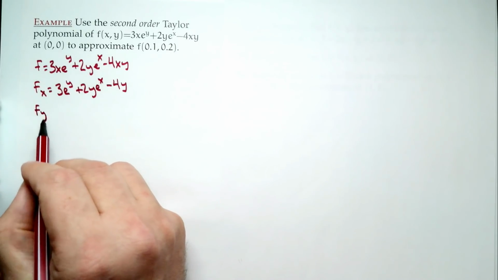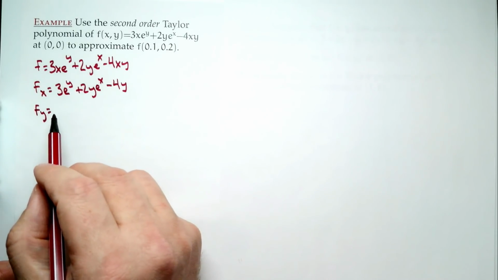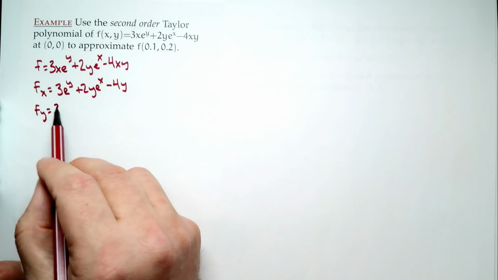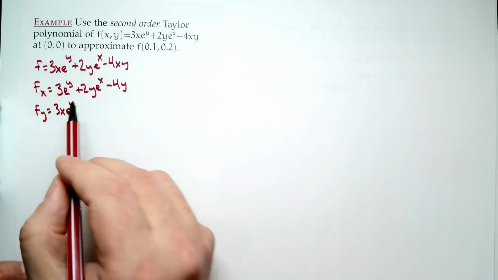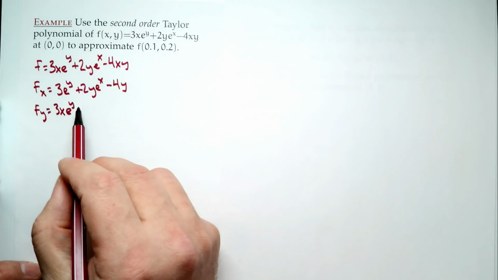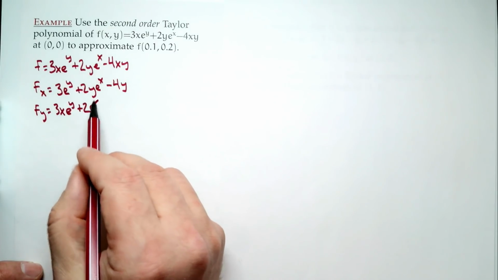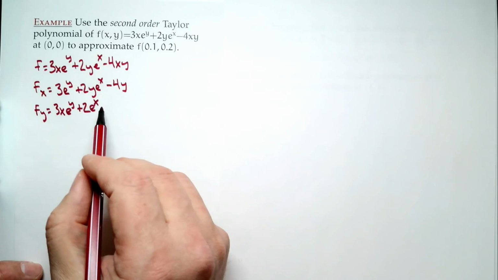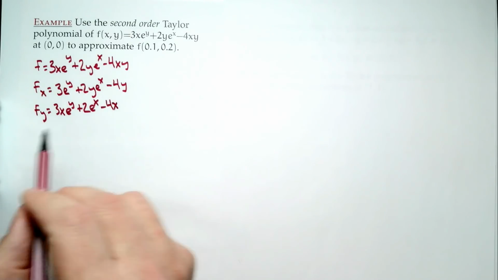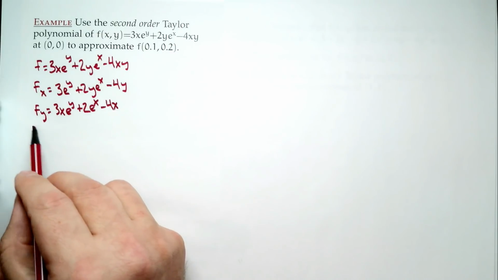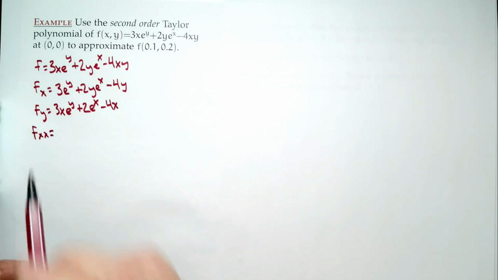F sub y will be 3x e to the y plus 2e to the x minus 4x. All right. F sub xx will be,